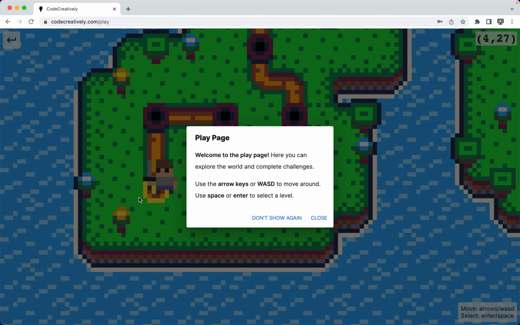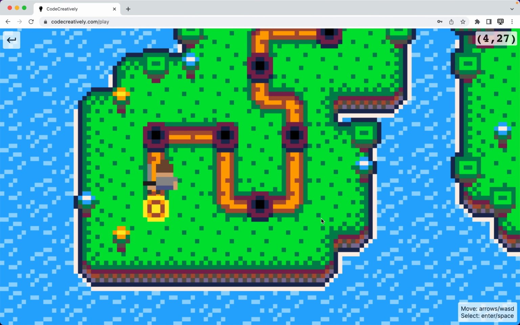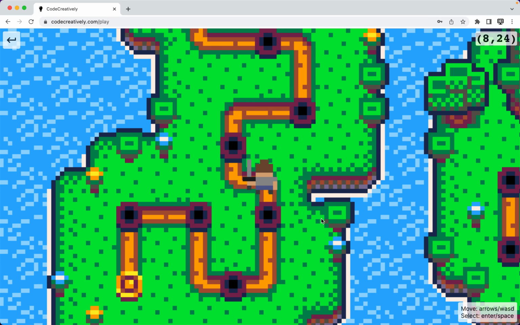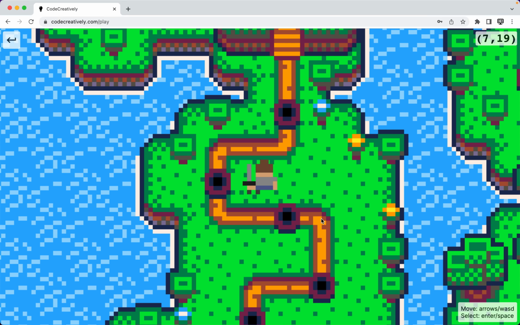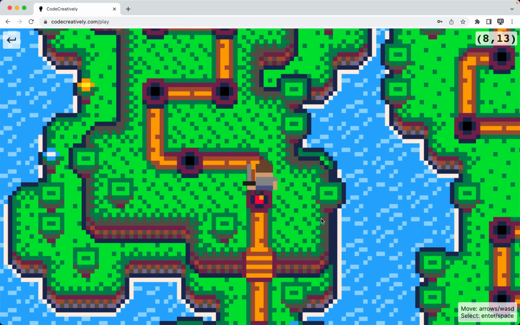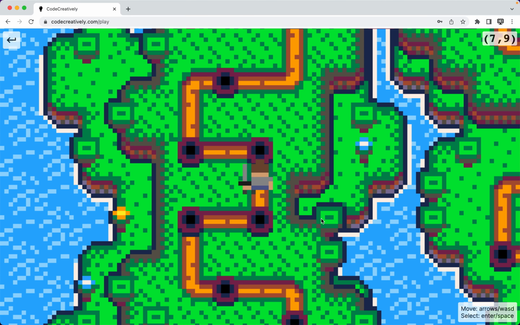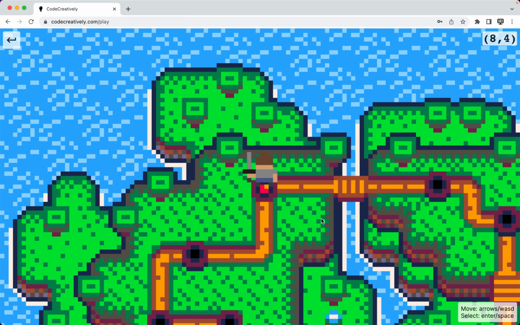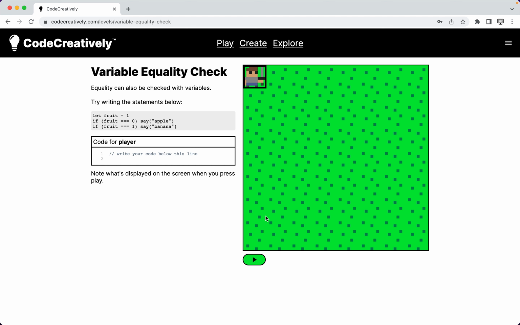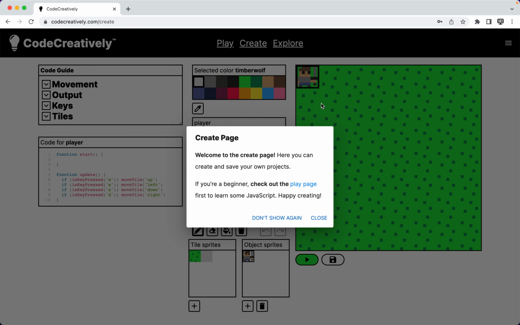Users are going to be able to complete all of these levels, work through these custom worlds, and then they're going to be able to purchase upper level subscription tiers for more advanced explorations of the JavaScript language and the engine itself. So next up, we have the Create page, where users are able to create and save their own